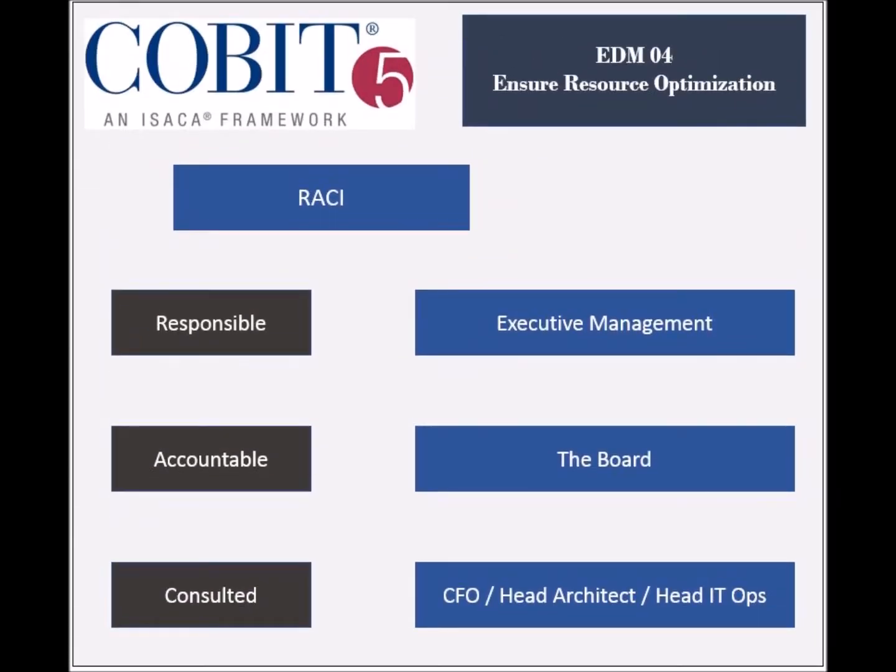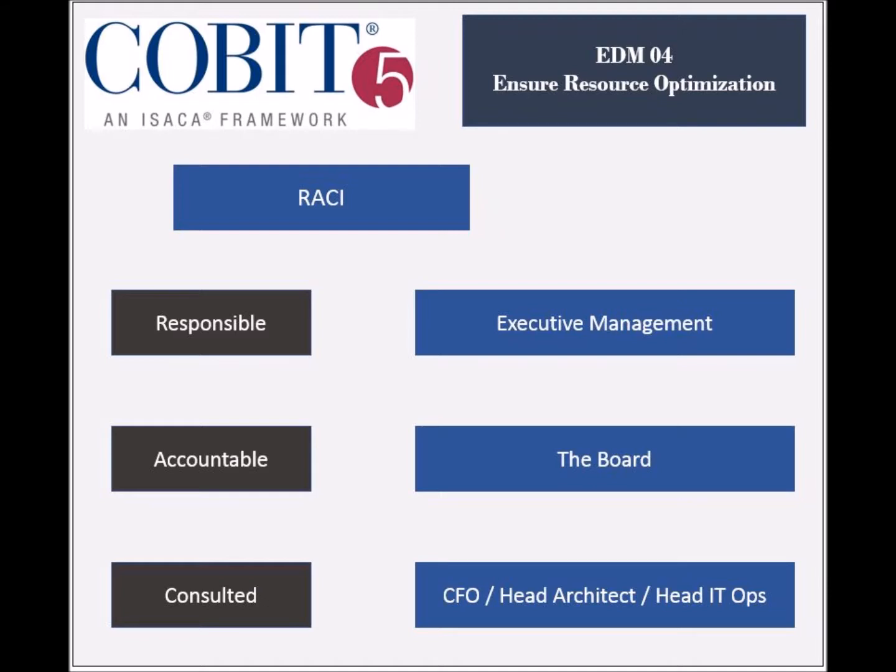There are many entities that have to play a role in this process. From a RACI chart's perspective, the entity that is held responsible is the executive management, including the chief executive officer, the chief information officer, and other business executives. The entity that is held accountable is the board, as this process is part of the governance domain. The entities that would be consulted are the chief financial officer, the IT head architect, the head IT operations, and